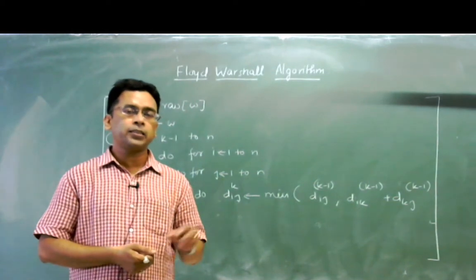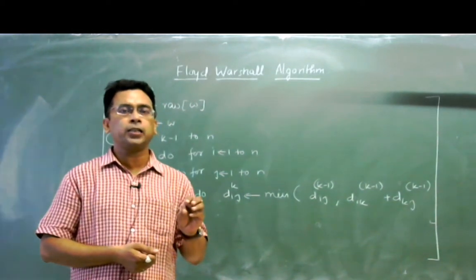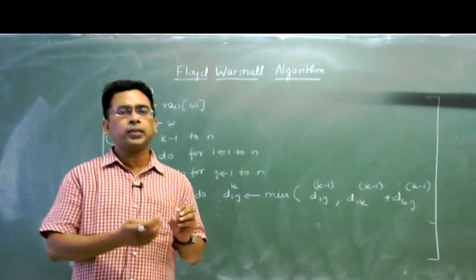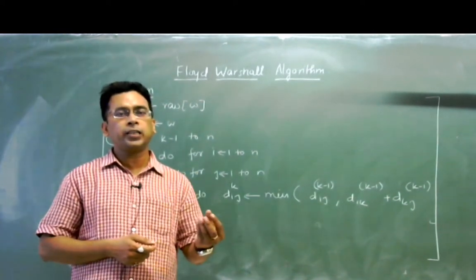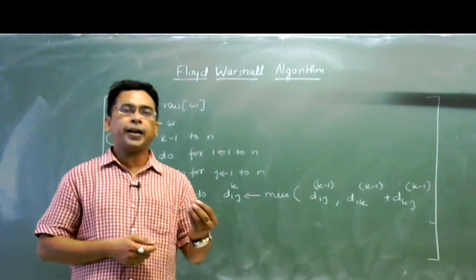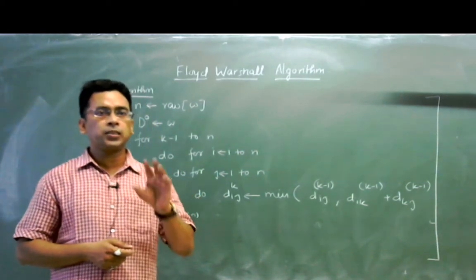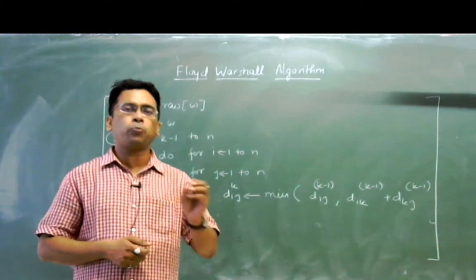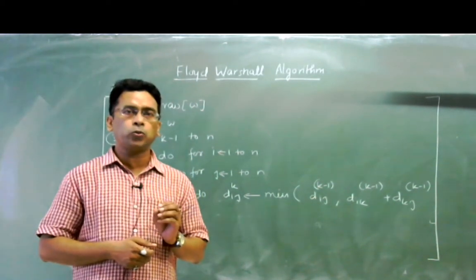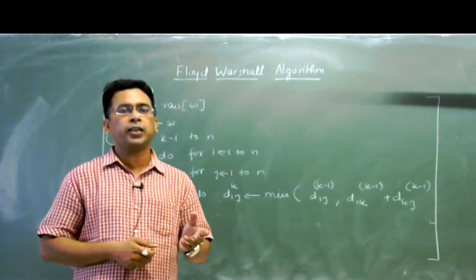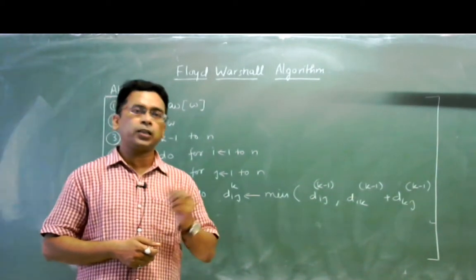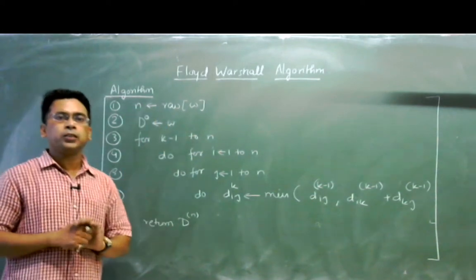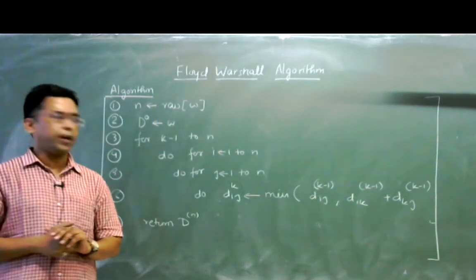It is like this: you consider one point as a single source and find out the shortest distance to the other points, and next time you consider another point as a source vertex and you find out the shortest distance to the rest of the points. Similarly, you consider each point of the graph as a single source, and you find out the shortest distance to the rest of the points. So this is the all-pair shortest path algorithm.